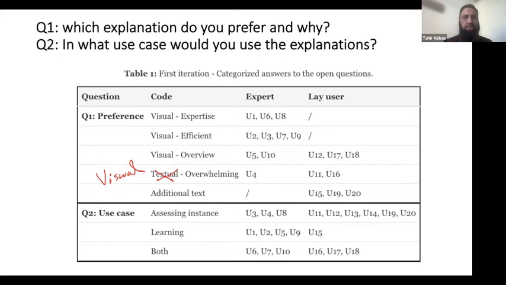In answer to the second question, in what use case would you use the explanation? Most of the expert users and also the lay users like it because they can examine the existing instance and use this knowledge to improve the current instance prediction. For instance, one of the users said that, based on this explanation, they can better design the